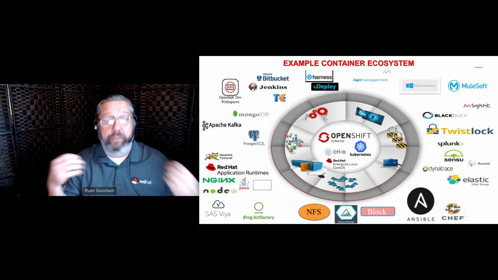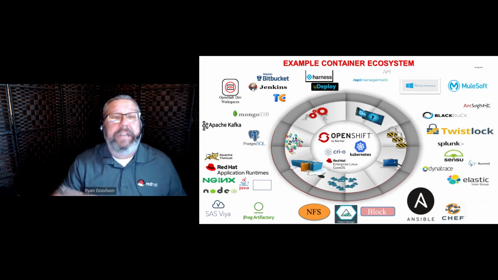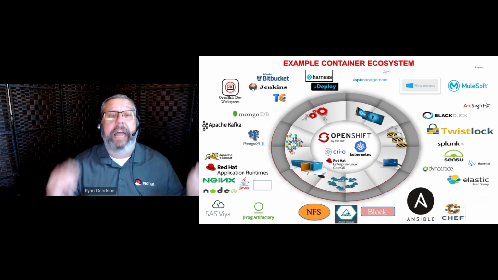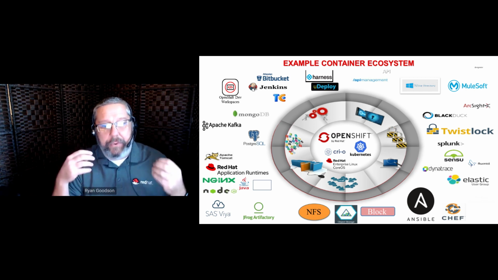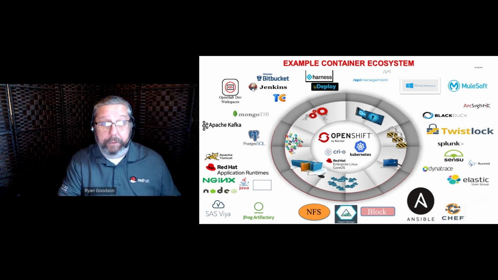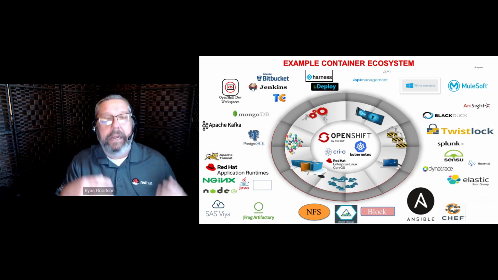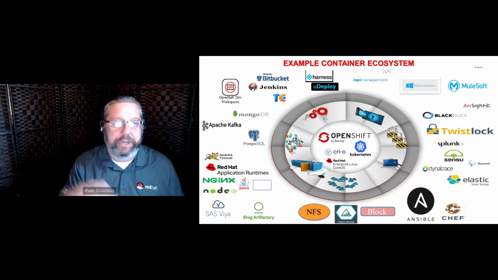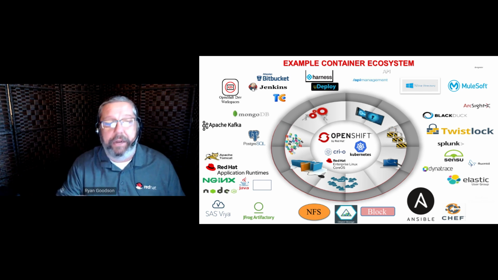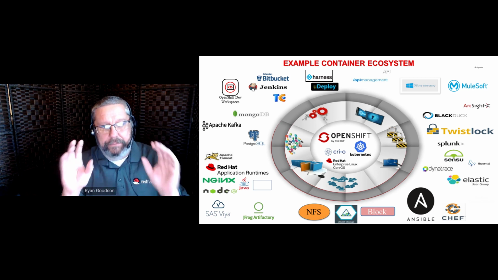and running into challenges where, as they bring more and more varied workloads on, the platform doesn't have the integrations necessary to support those. So I like to use this to really highlight all of the different pieces that are required to be integrated into the container platform to be able to provide the service that is required in the modern data centers. So everything from your integration with your authentication services, being able to host the regular security services,